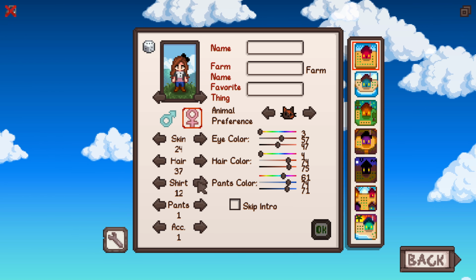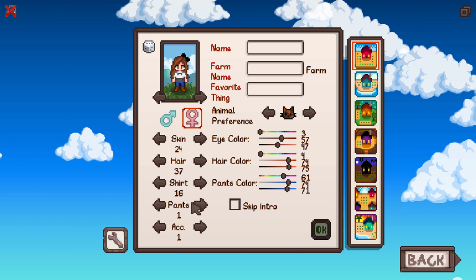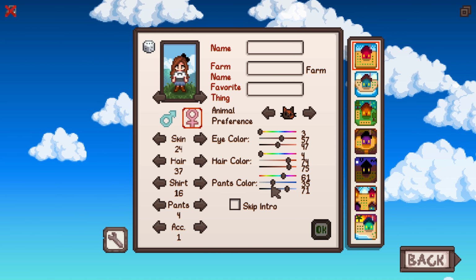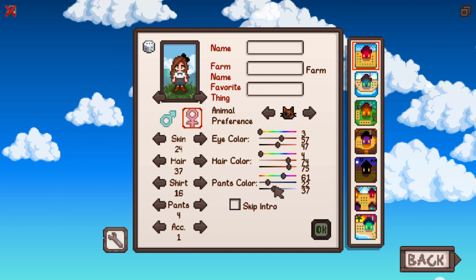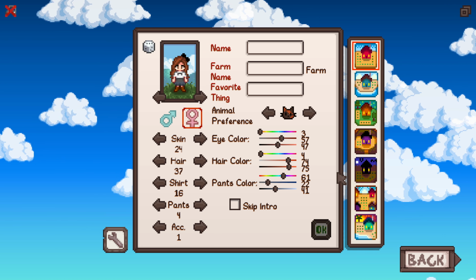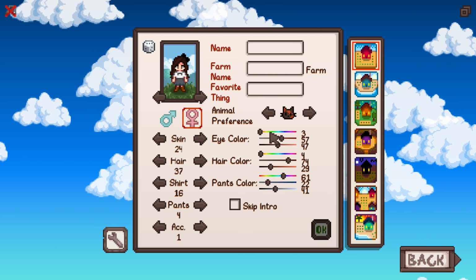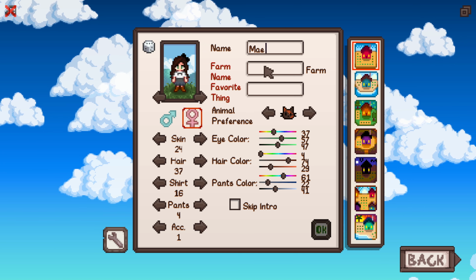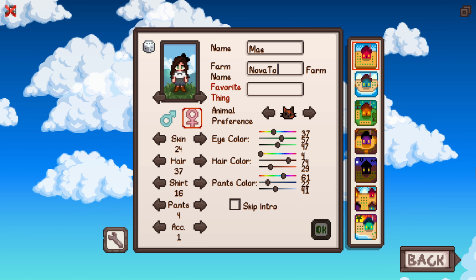And the one in question that I had on me was this one. And you still get pants, skirt, or long skirt options. So I am going to attempt to make this the same gray. I'm a bit colorblind here, so sometimes it's a little hard for me to match things up. Okay, and then my hair color, I usually make a darker brown. And my eyes are green. I always name my characters May, and we're going to call this one Nova Talk,